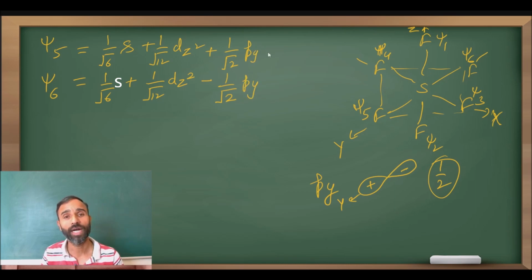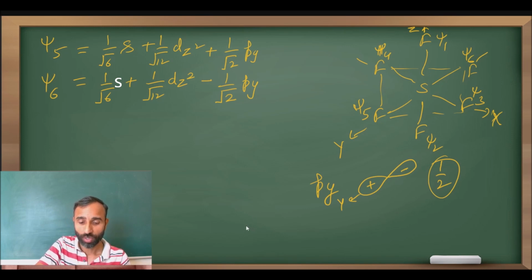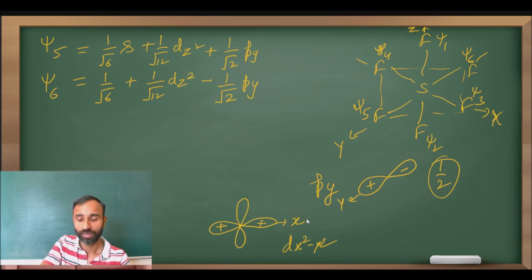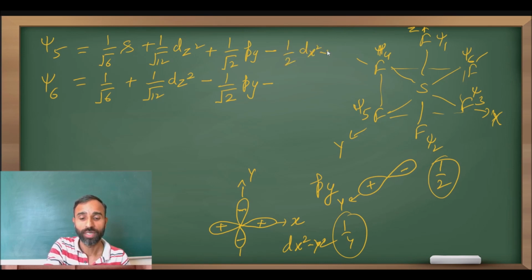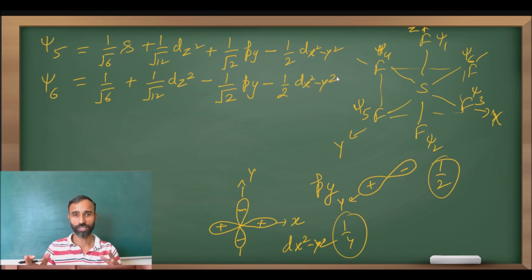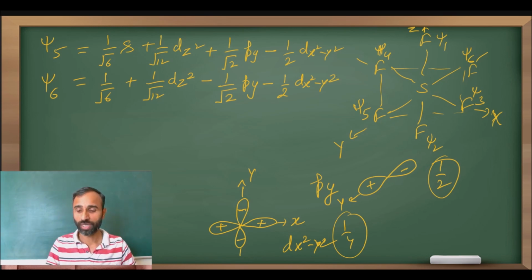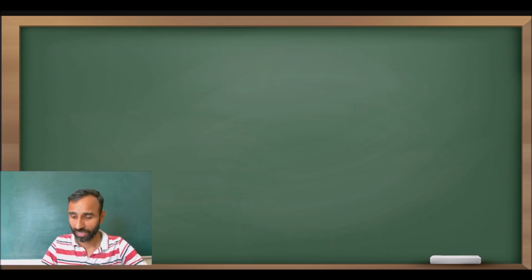py, अब बचा dx² − y², तो dx² − y² जो है x एक्सिस पे कितना था प्लस प्लस, बट y एक्सिस पे चाहे प्लस y एक्सिस हो या माइनस, दोनों में ही माइनस रहेगा, कि माइनस y² होता है, इसलिए इसका भी माइनस कंट्रीब्यूशन, इसका भी माइनस। और सेम वही केस, एक ऑर्बिटल 4 हाइब्रिड ऑर्बिटल में है तो कंट्रीब्यूशन इज 1/4 और वैल्यू कितनी आ जाएगी 1/2 dx² − y², 1/2 dx² − y²। तो दैट्स इट। ये 6 हाइब्रिड ऑर्बिटल हमने किए। दिस इज द हाइब्रिडाइजेशन स्कीम फॉर SF6। मैं एक बार लिख देता हूं पूरे।